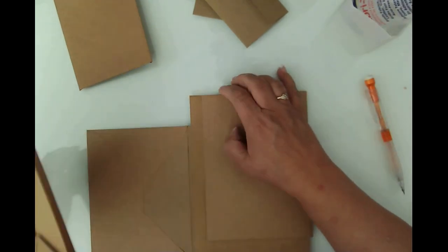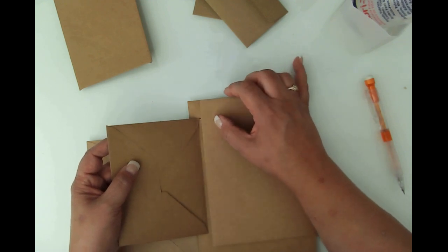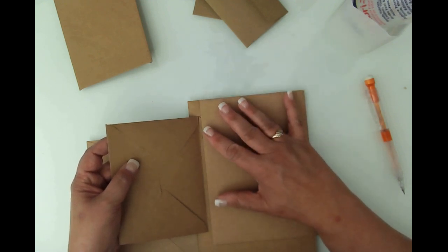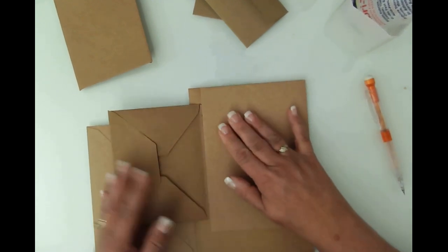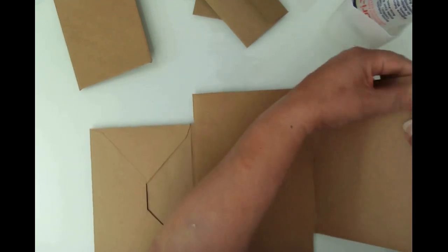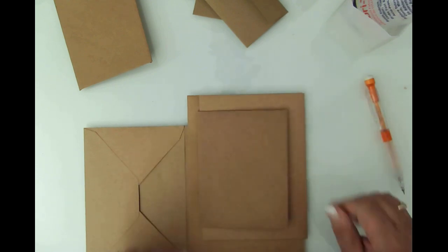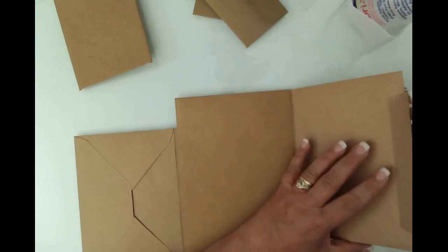And we're going to put that here. And I'm going to put it kind of in the middle of the envelope, so from top to bottom, leaving approximately the same amount of space, like that. So that's that. Got a little bit of glue there. And so there's that. Now, what you're going to have here is this, which I don't mind,